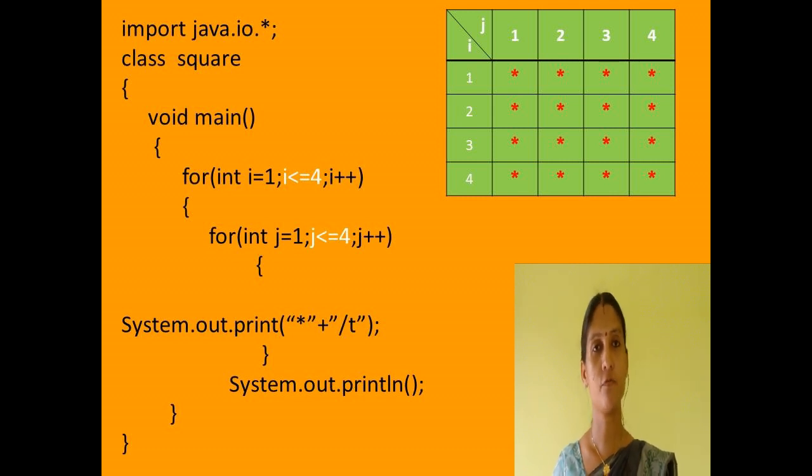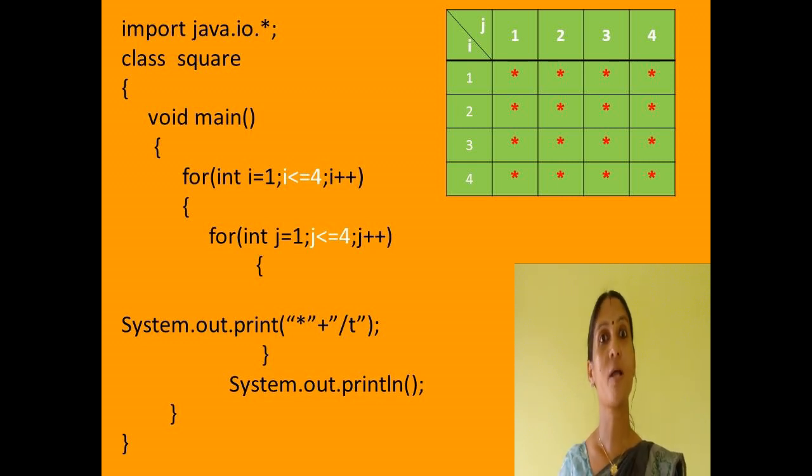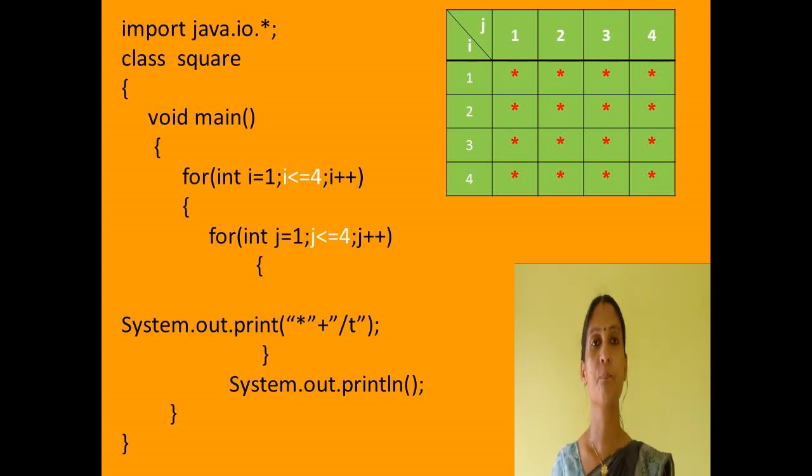Then write the function first, public static void main. Then in that you can give the argument int n. This n represents the number of columns and rows. We know the number of columns and rows in a square shape is equal. Because of that, I need to give only one argument. Instead of this, you can give the number directly. Then here I am starting.